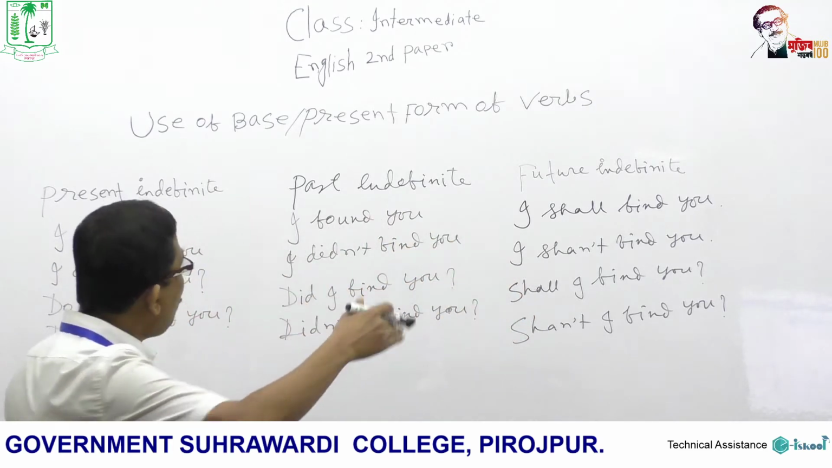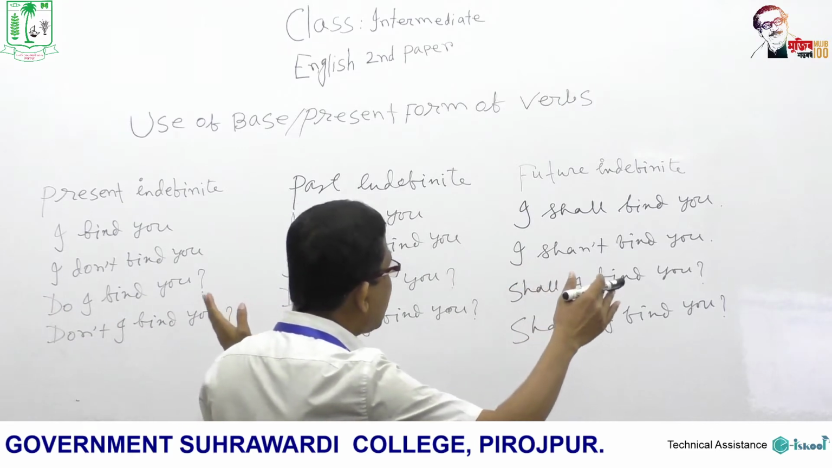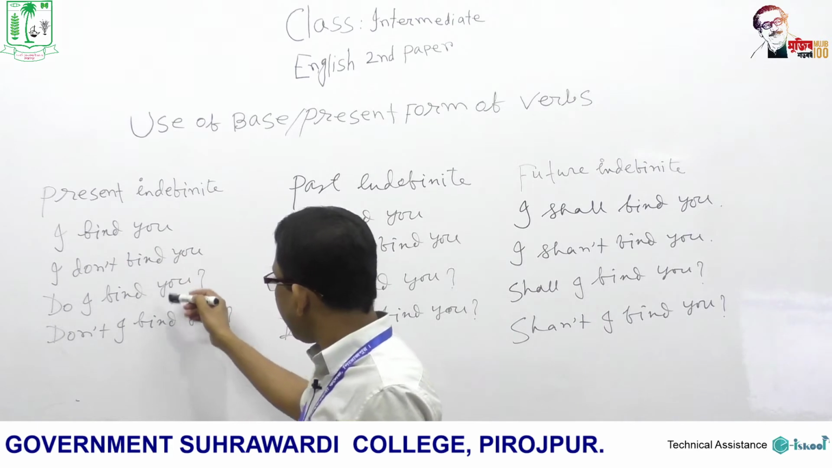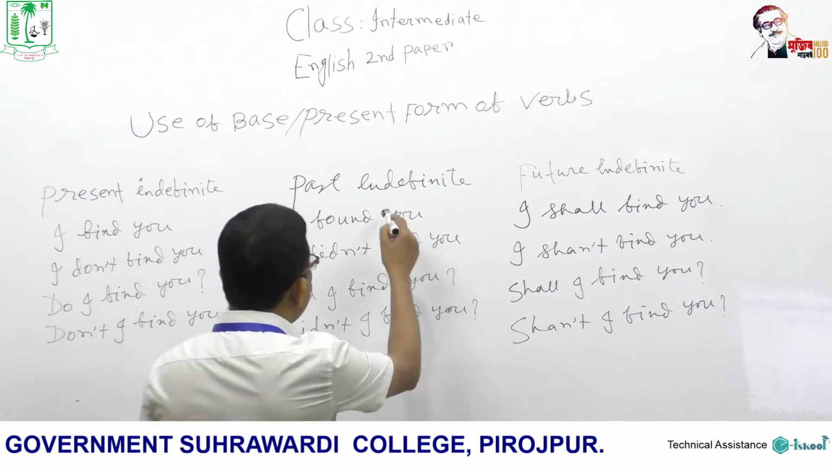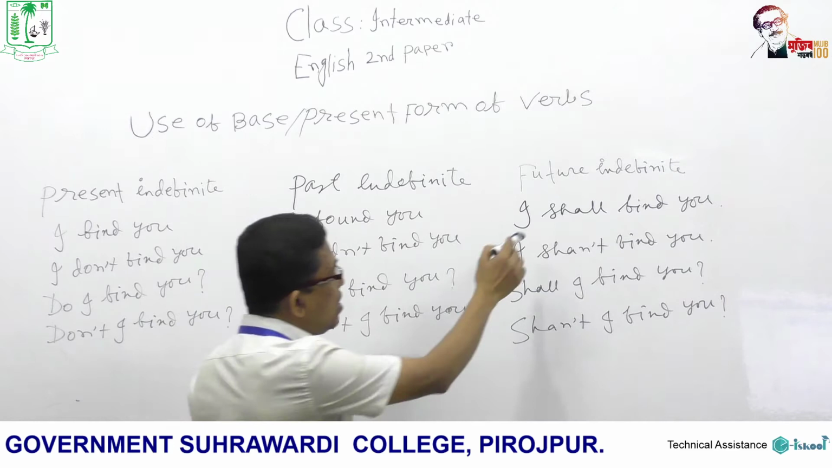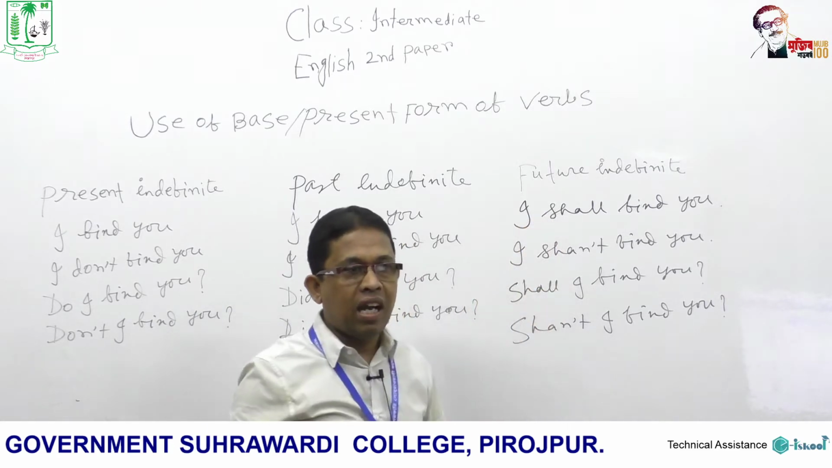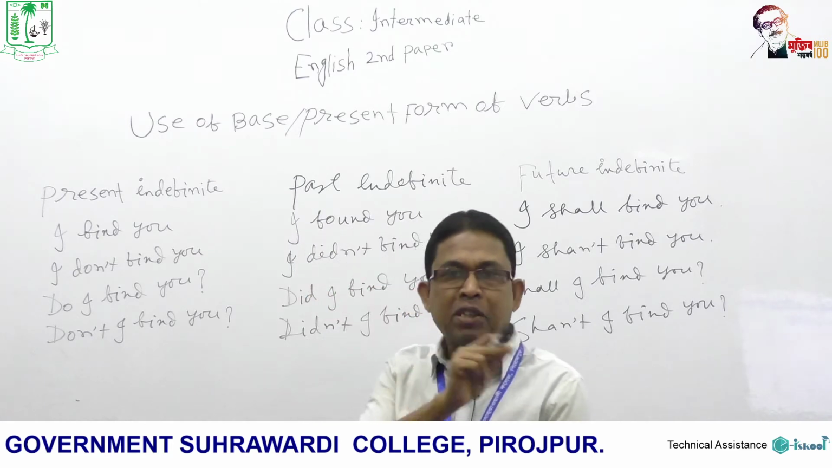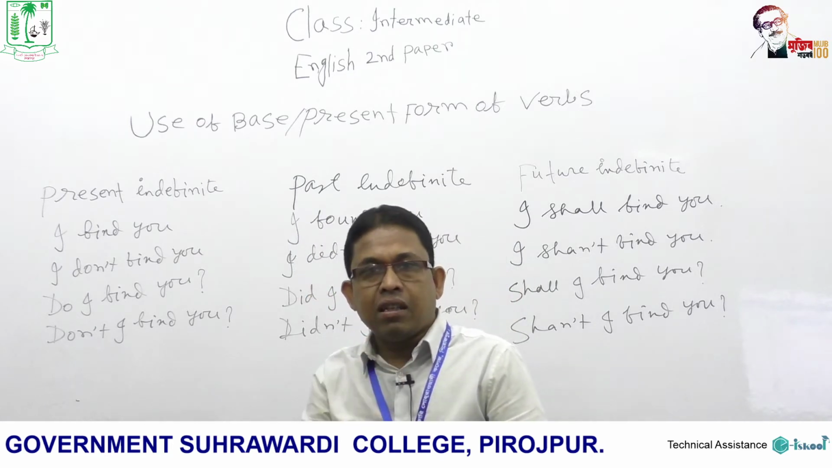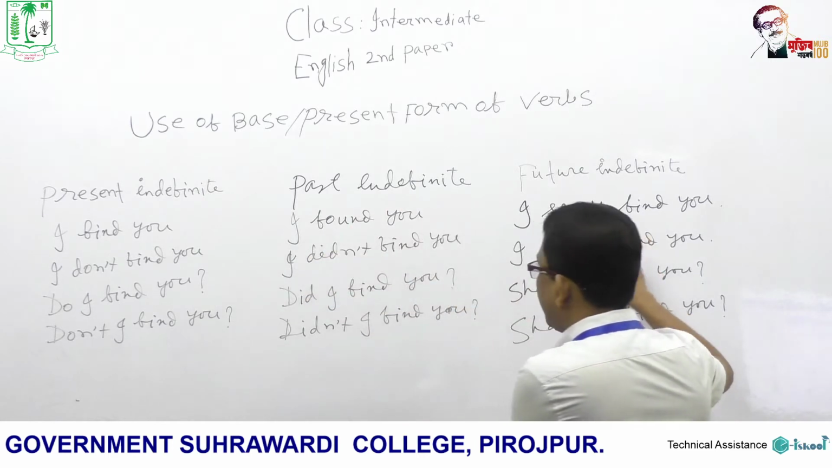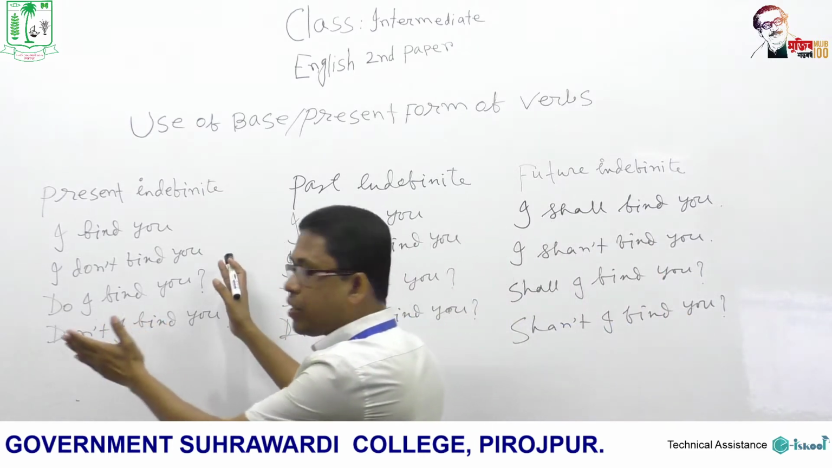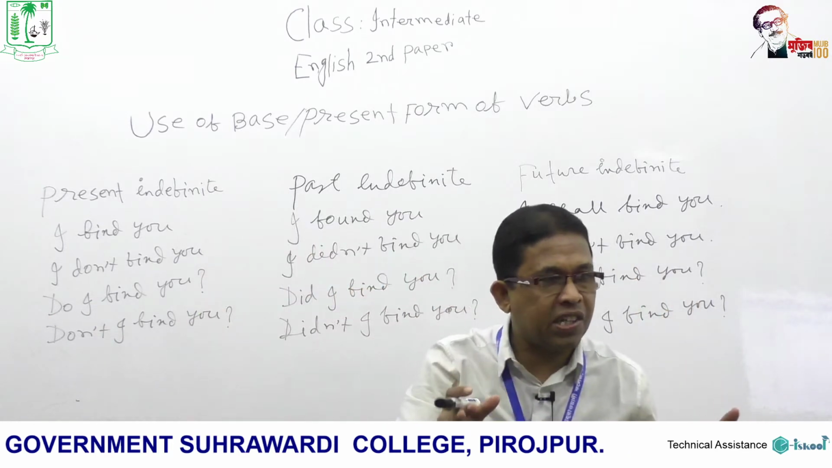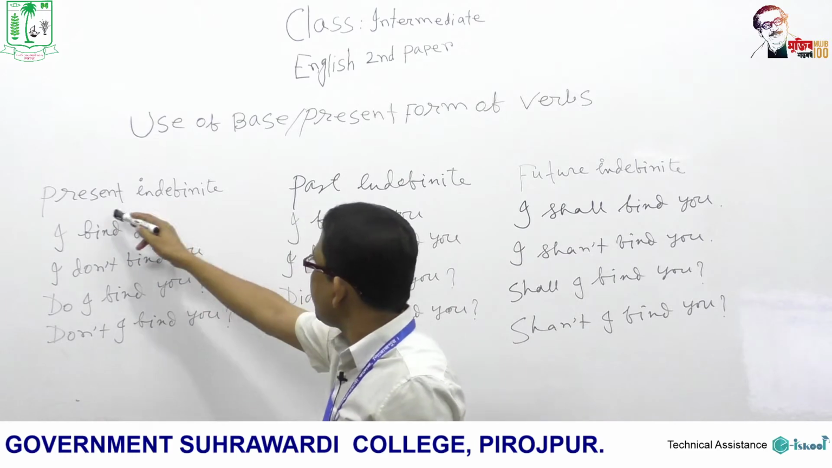We can count how many sentences, how many examples I have given here. 1, 2, 3, 4, then 5, 6, 7, 8, 9, 10, 11, 12. I have written 12 sentences on the board, and I have given a title for each of the group here. Here I have made 3 groups of sentences, and each group contains 4 sentences, and this is present